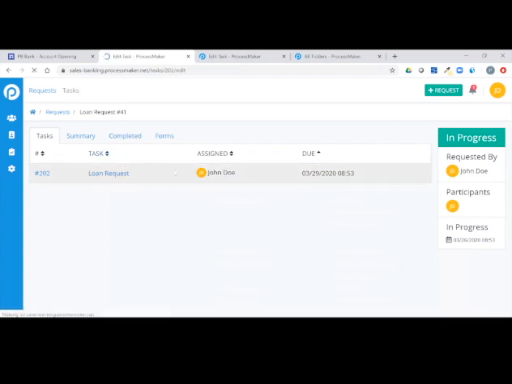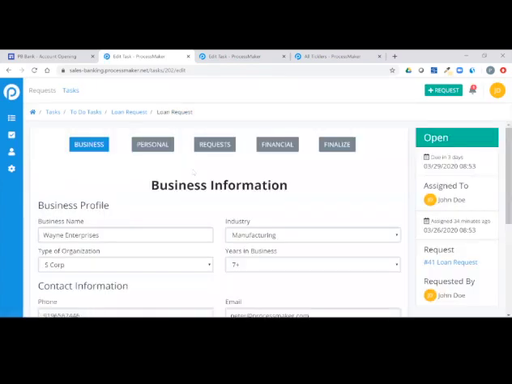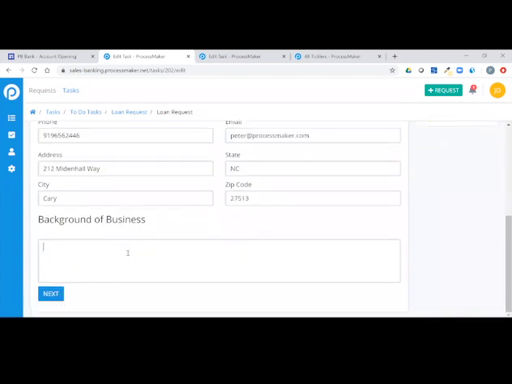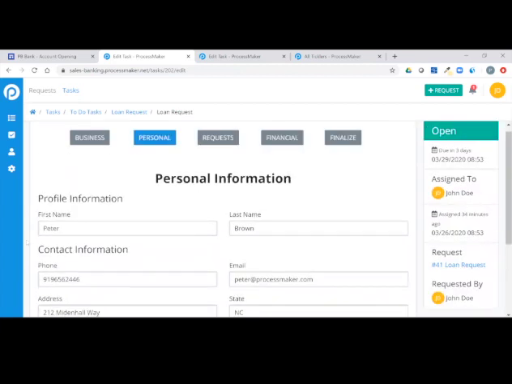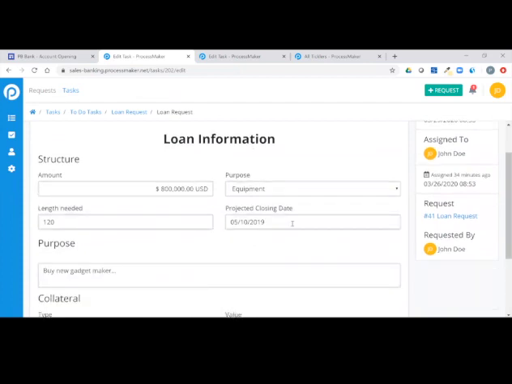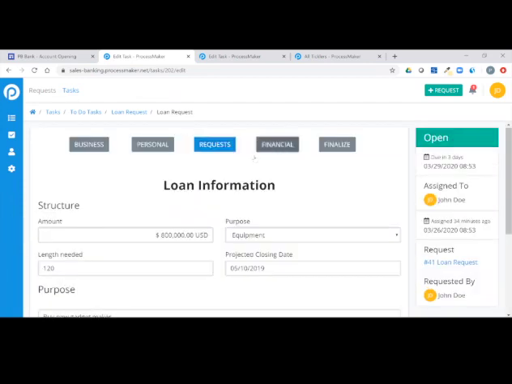So in this use case, the loan officer is going to be able to come in and look at the task assigned. You'll see all of the data flows forward from, in this case, the submission on the web. The loan officer certainly can add information like this business is owned by Bruce Wayne and makes cool technology. Of course, we can make these simple or complex multi-page forms. For example, we have also the loan information, any collateral, the ability to upload financial information,